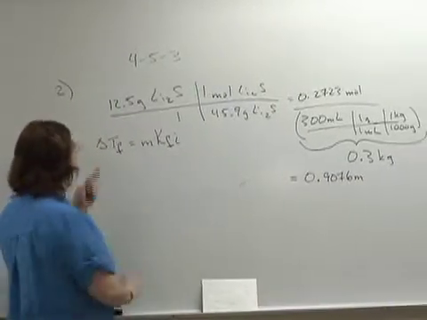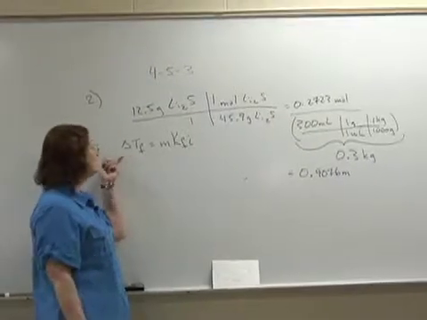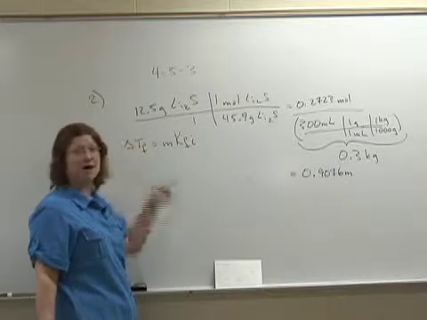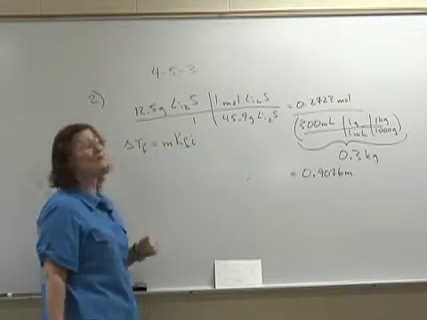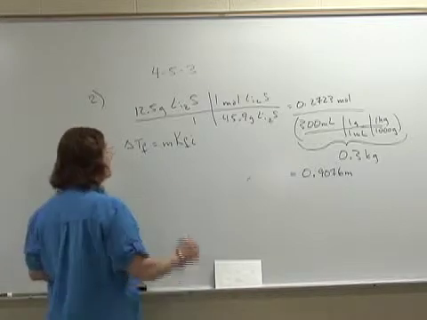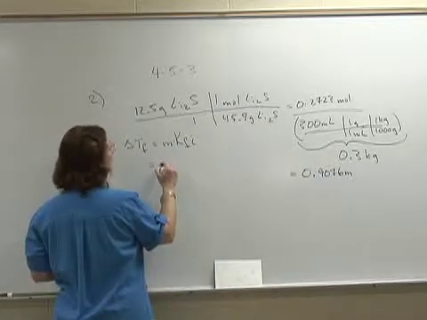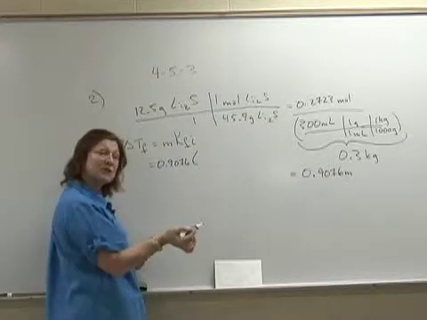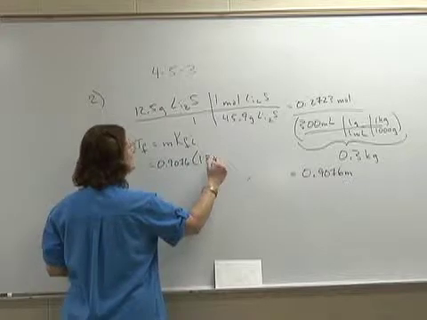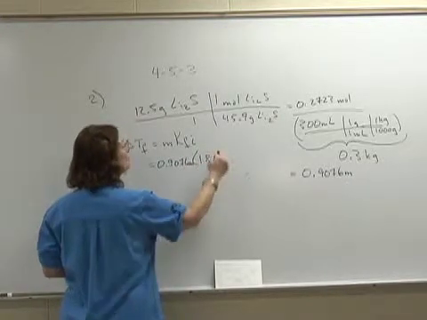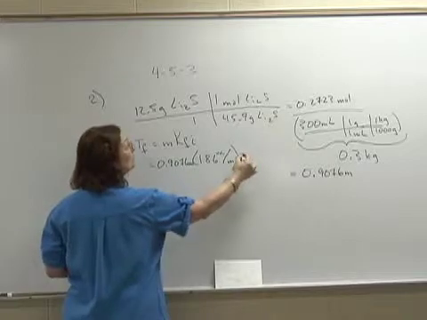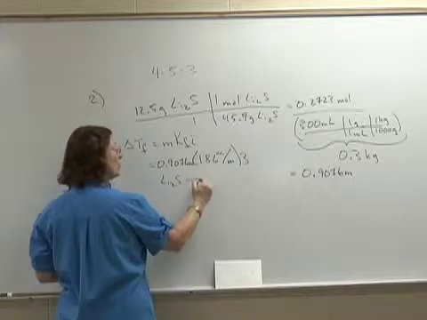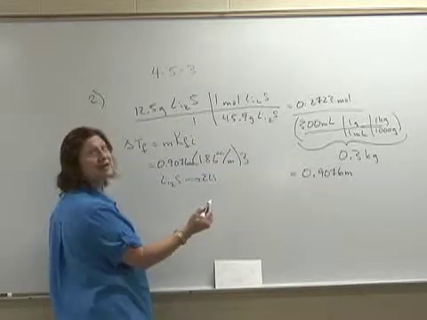The only difference between this equation and the one for boiling point is that the constant refers to the boiling point of the solvent rather than the freezing point. But they're very similar here. Therefore, I have 0.9076, and the freezing point depression constant for water is 1.86 degrees Celsius per molal, and we have 3 particles, because when lithium sulfide is added to water,